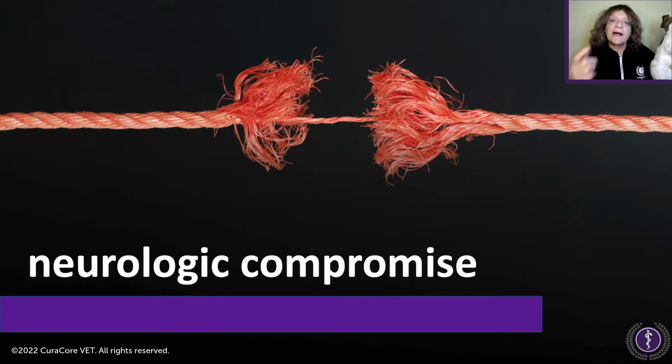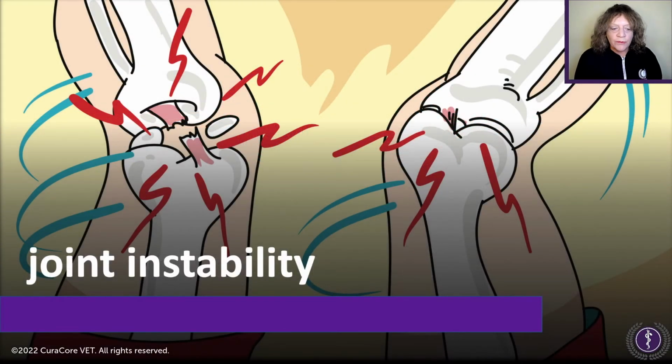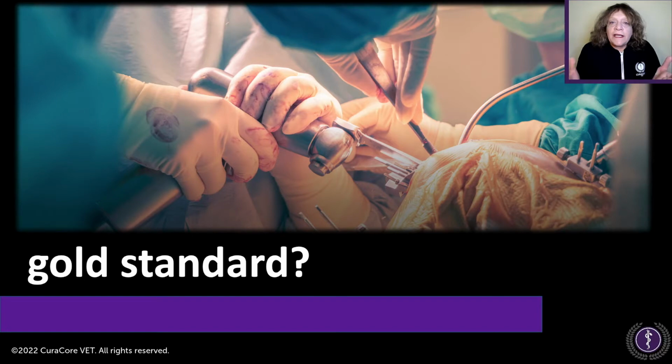So neurologic compromise might have been the inciting factor because perhaps there was something that caused a muscle strain, some kind of movement that is then compressing on a nerve and reducing the amount of afferent volleys to the brain, spinal cord, and then disrupting the ability of that sensory motor control over joint integrity that has to come from the brain and spinal cord. So we'll be looking at that as well. And then when all this happens, you just get more instability on top of whatever instability you might have had before. So what is to be done?